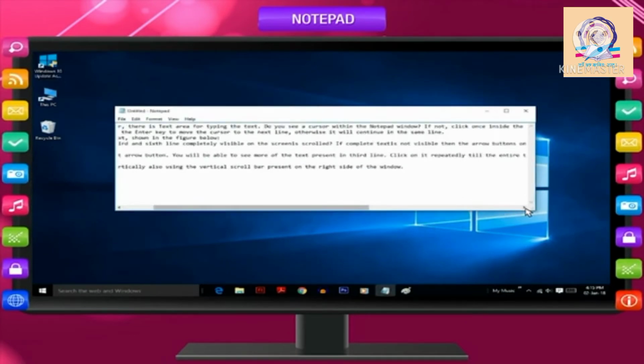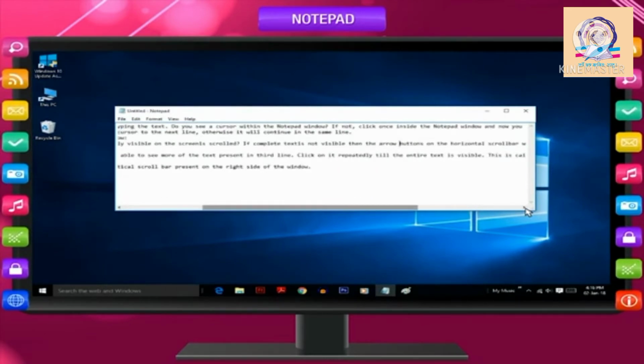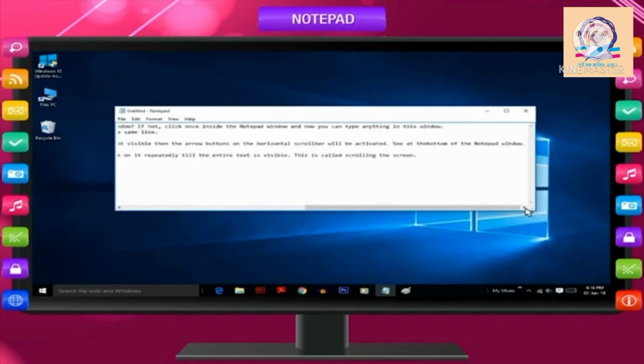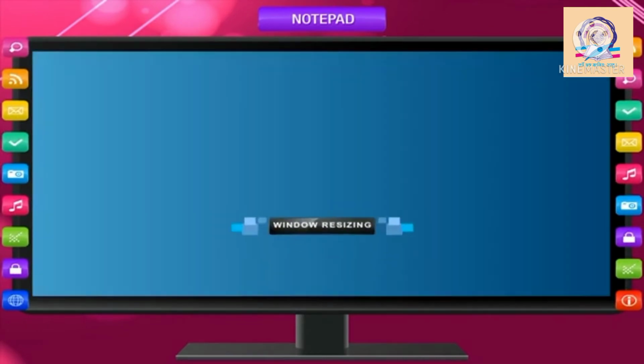You will be able to see more of the text present in 3rd line. Click on it repeatedly till the entire text is visible. This is called scrolling the screen. You can scroll vertically also using the vertical scroll bar present on the right side of the window.